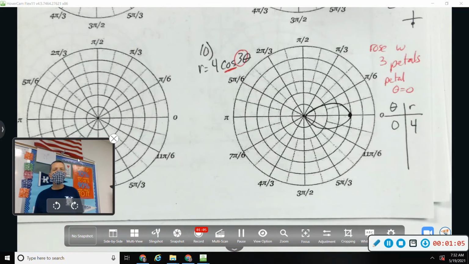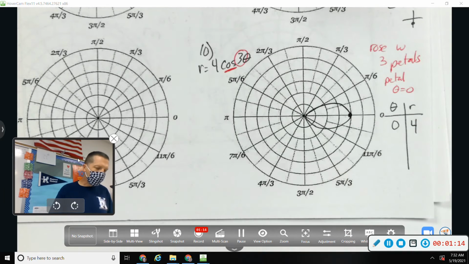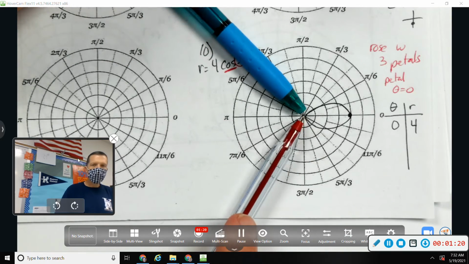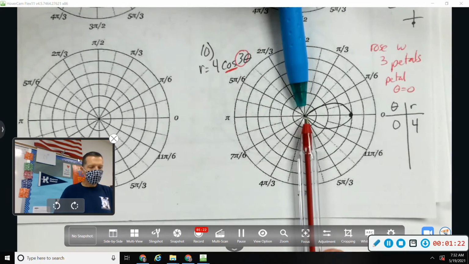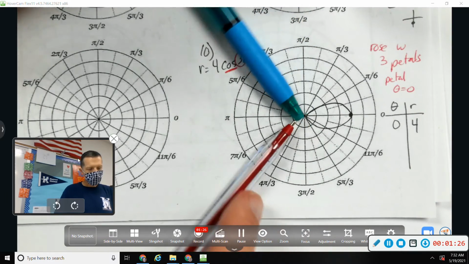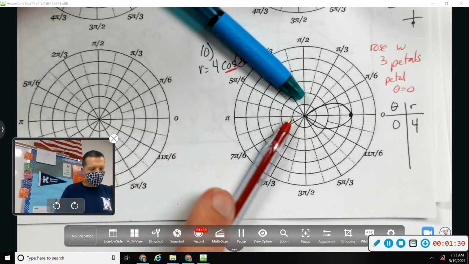My other 2 petals are going to be equally spaced. So I've got to figure out where they would be so that they're equally spaced. I almost need like 2 pins to figure this out. Right? Like, it wouldn't be there. That wouldn't be equally spaced. It wouldn't be there. That's not equally spaced. So,